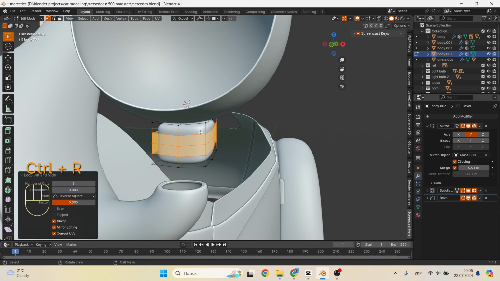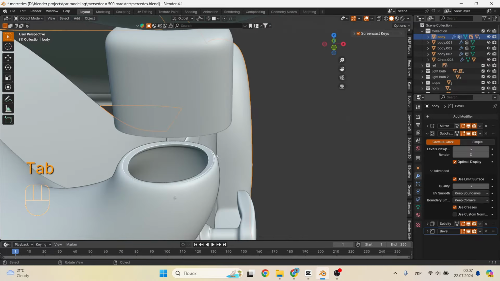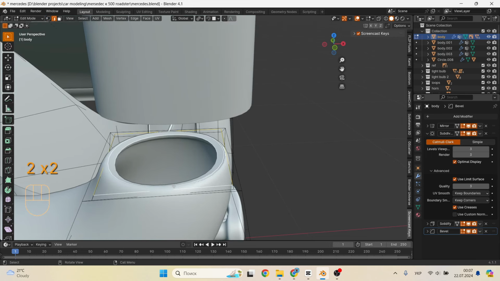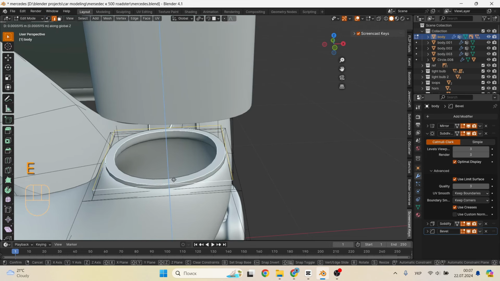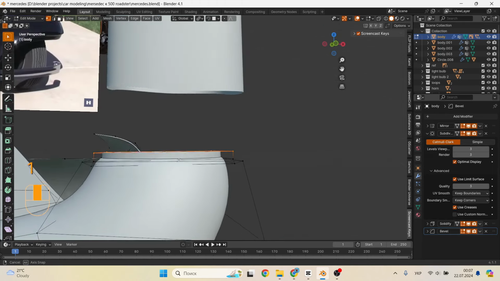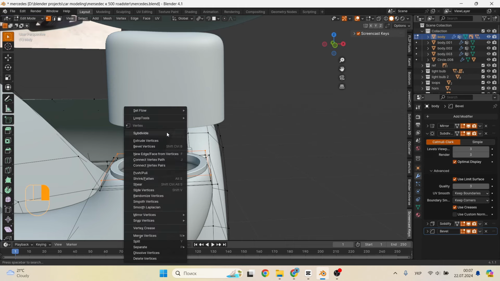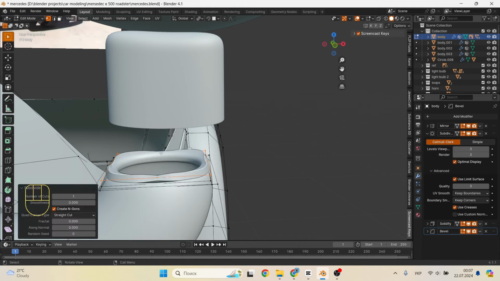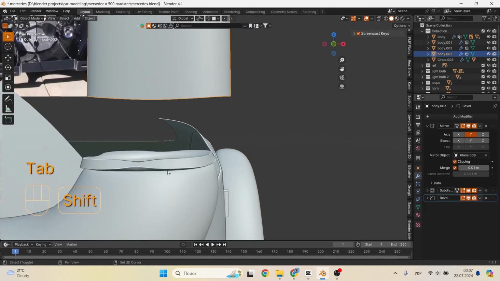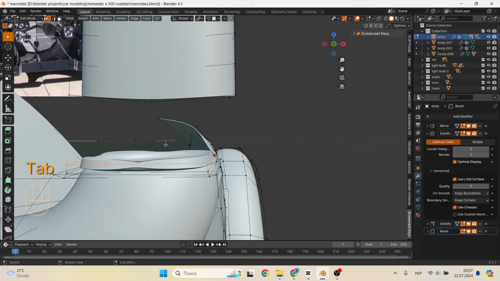Now we prepare the counterpart with which we will combine the adapter. We need to make sure that the number of vertices on both parts is the same, then the bridge between them will be created without problems. First, we combine the 2 parts using Ctrl+J, and then in the editing mode we select the edges that we want to combine with a bridge.